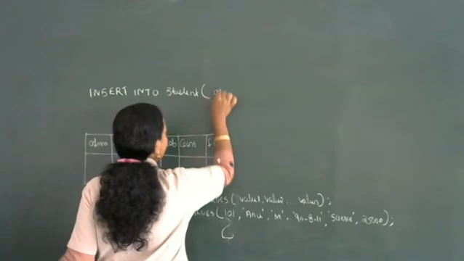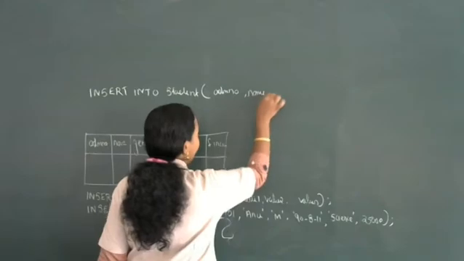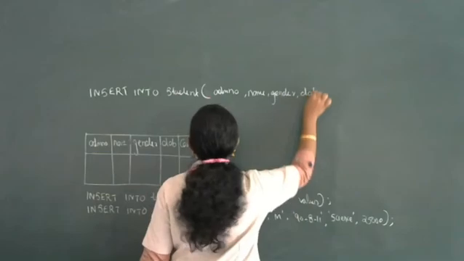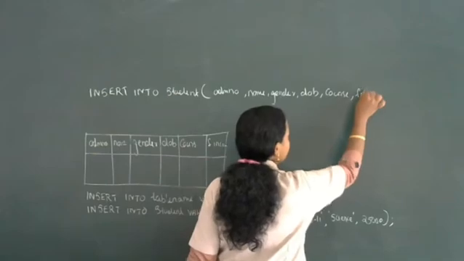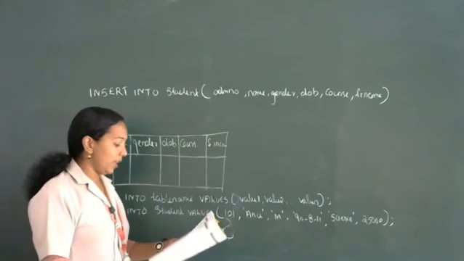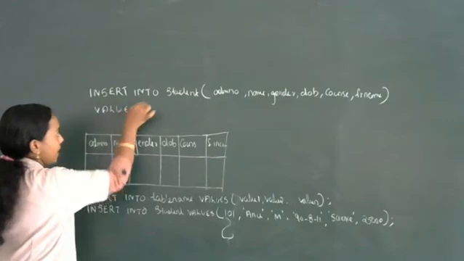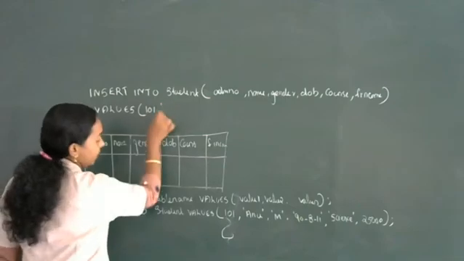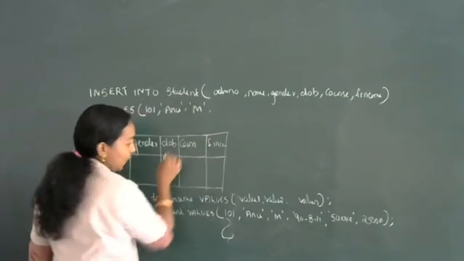What is the first column? Admission number, comma, name, gender, comma, date of birth, course, comma, F income. So the column names are over. Next, I am going to insert the values. Okay, same line. There is no space, so I am going to write values here. What is the first value? 101. Then Anu, comma, M, comma,